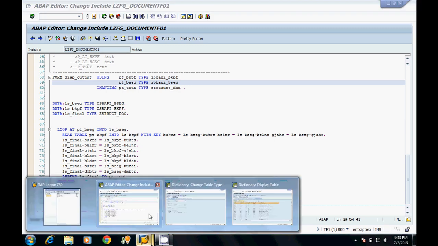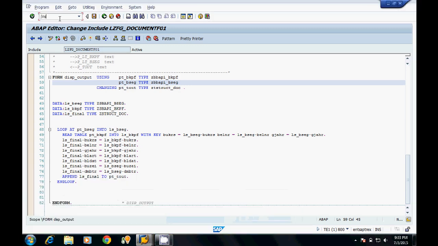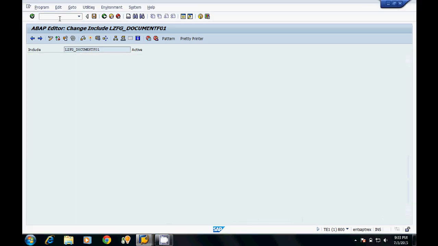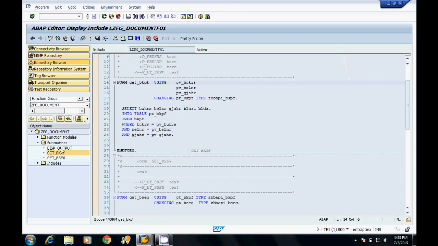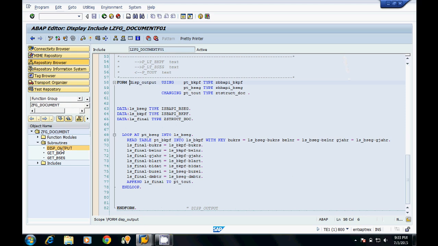We will open SE80 and pass the name of the function group, that is zfg_document. See, in this function group we now have three subroutines, that is get_bsec, get_bkpf, disp_out. These three subroutines will automatically become part of this function group.